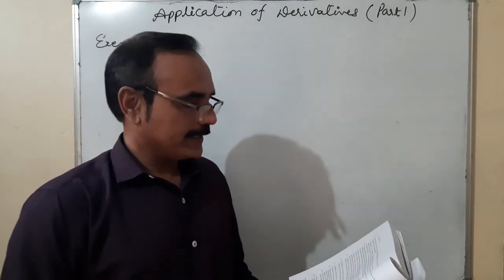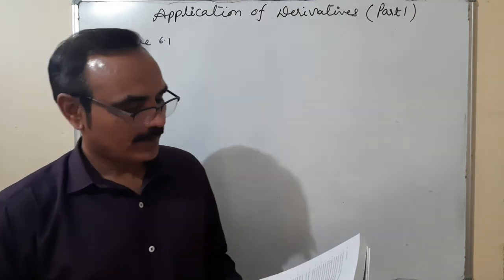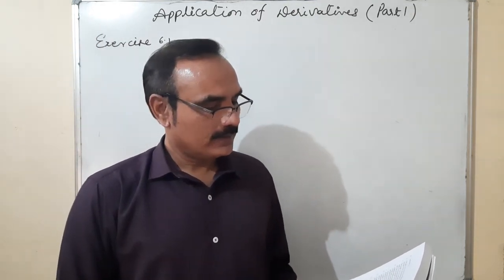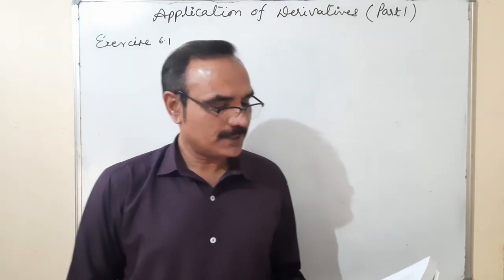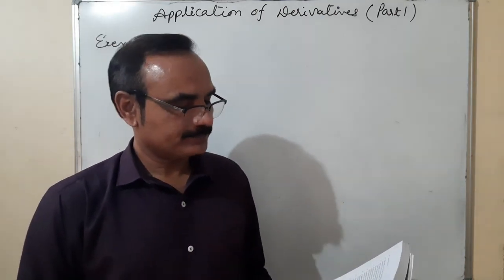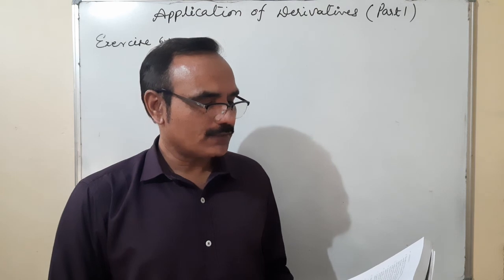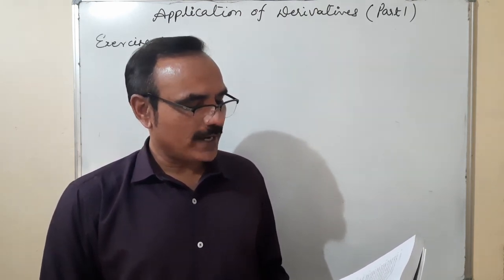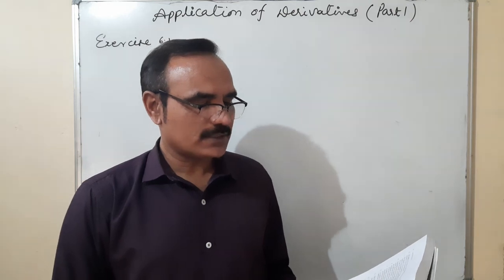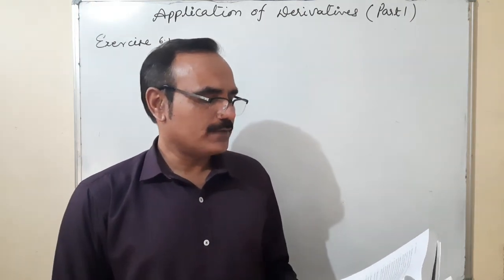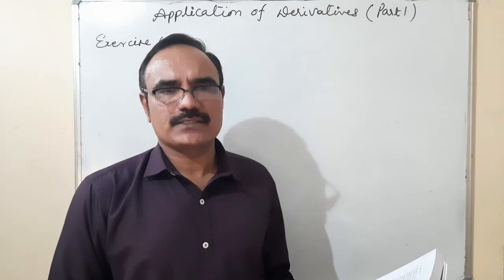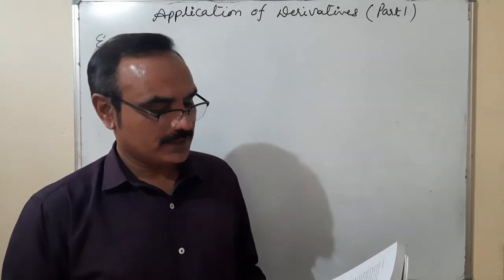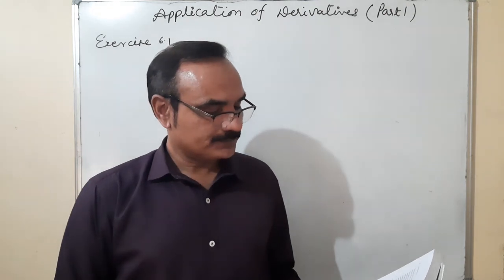After question number 10, this is question number 11. A particle moves along the curve 6y is equal to x cube plus 2. Find the point on the curve at which the y coordinate is changing 8 times as fast as the x coordinate. So dy is equal to 8 dx, dy by dx is equal to 8. We'll put the value in place of that, dy by dx is equal to 8 after differentiation. You can solve this.